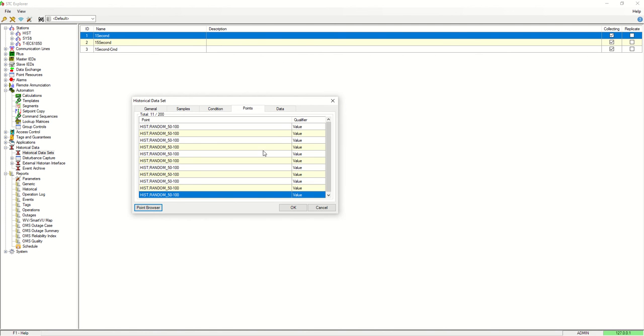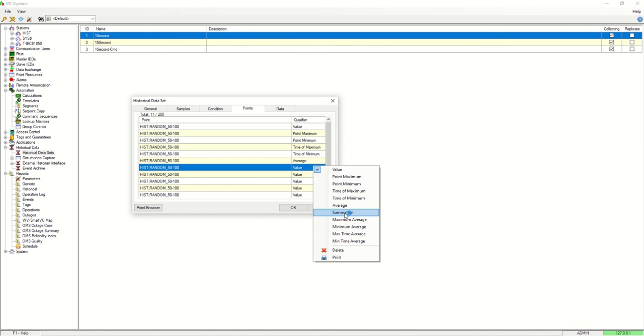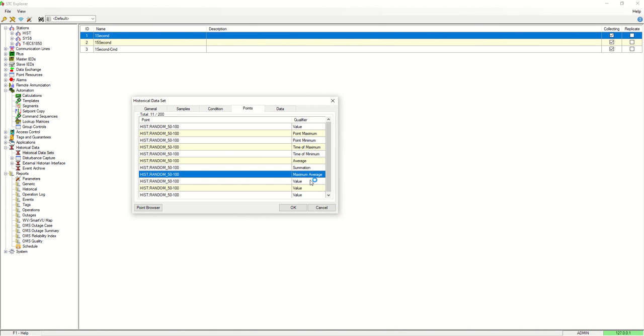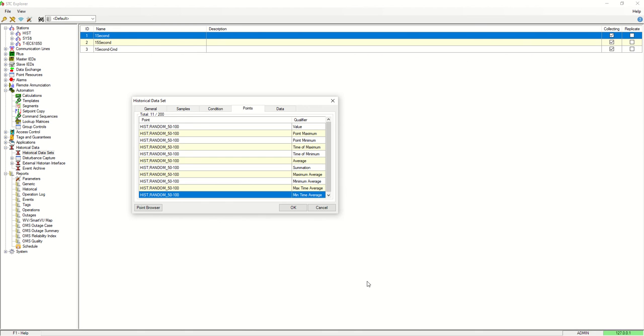Okay, you can define if you want to know the point maximum, the point minimum, the time of maximum, the time of minimum within the observation time, average, summation, maximum average, minimum average, maximum time average, minimum time average. So